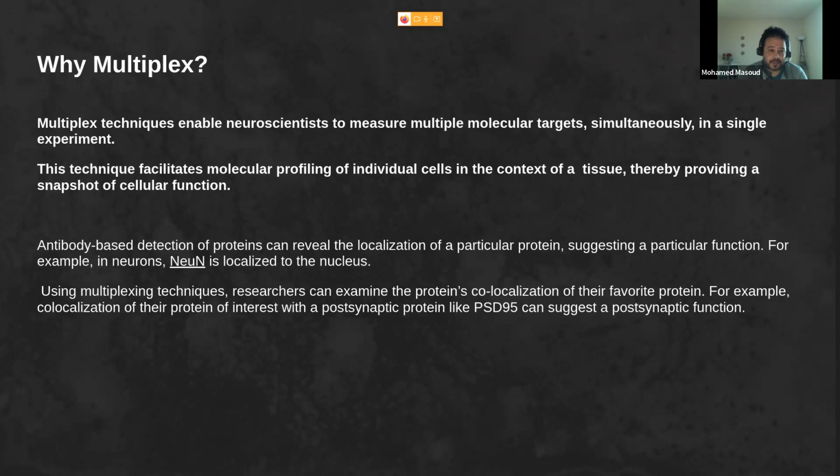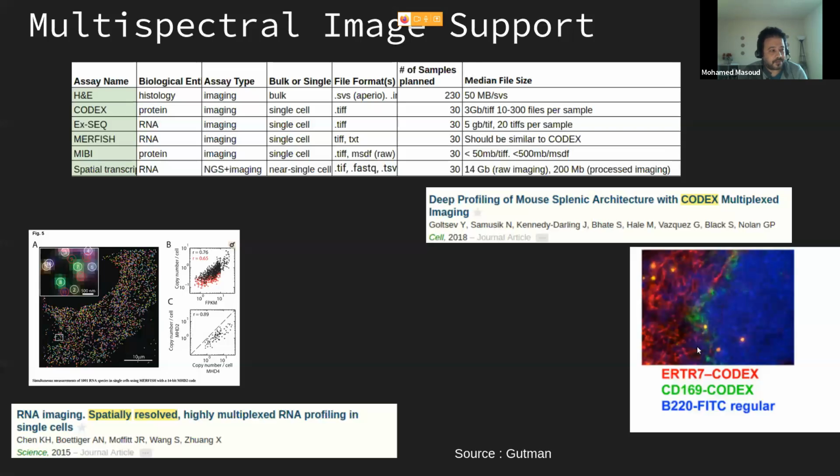There are multiple technologies that have recently been developed, ranging from protein panels to RNA panels, and they give us an imaging output in most cases.